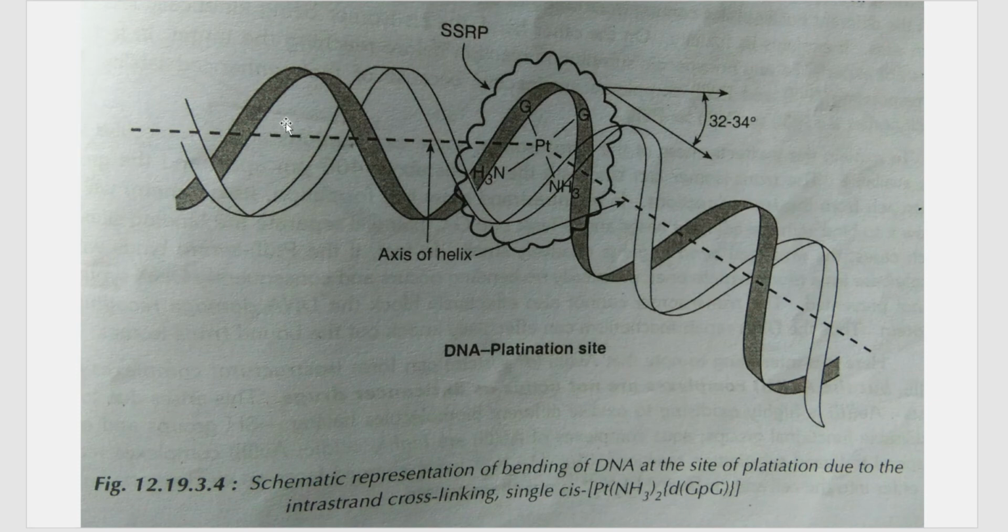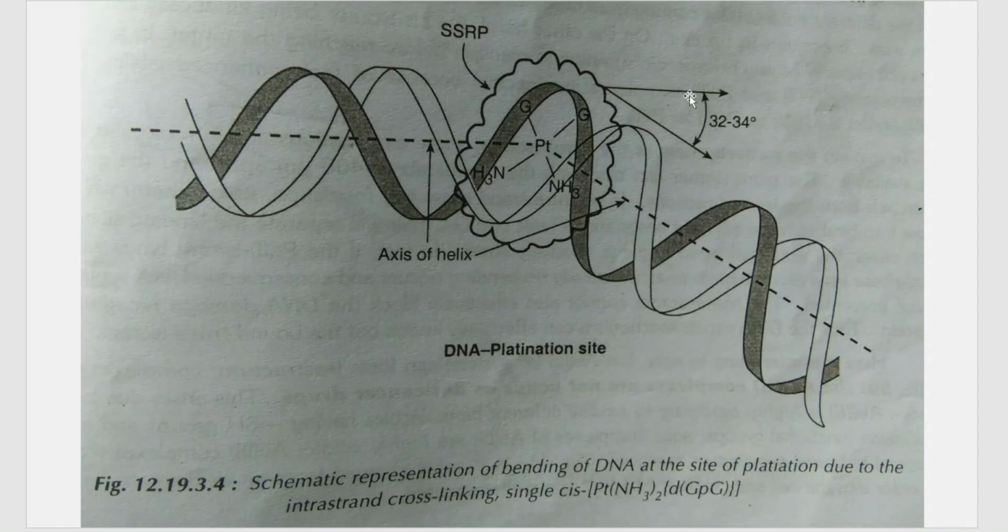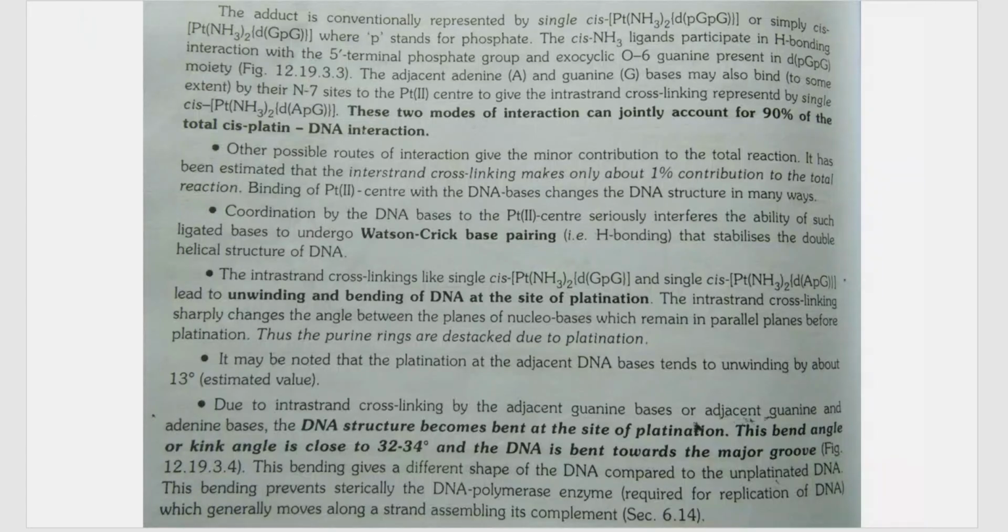You have seen DNA structure, correct? Straight like that. There won't be a bent structure, but here the structure will be bent, and these two chains of the DNA are winded to each other. This chain will get unwinded because of this coming and attaching here, and bent structure will be seen. Okay, and it may be noted that platination at the adjacent DNA base tends to unwind. Unwinding takes place at like 13 degrees. Okay, so you can see that